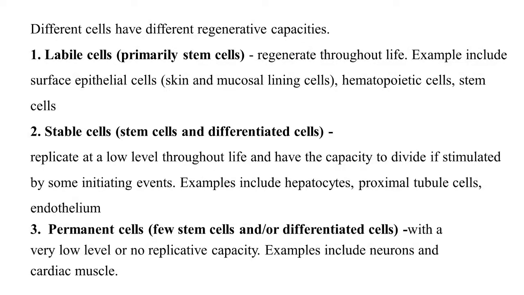With cardiac muscles, what they do is that they replicate very slowly. They are not able to come back together. One characteristic of muscle is elasticity. So when they overstretch and lose their elasticity, that is all. They are not able to come back again. For example, if you have a boxer that has been worn by someone very fat, meaning the muscles have overstretched, there's no way you'll be able to bring that boxer back to its normal state as it used to be. So some of the permanent cells include the neurons and the cardiac muscle.